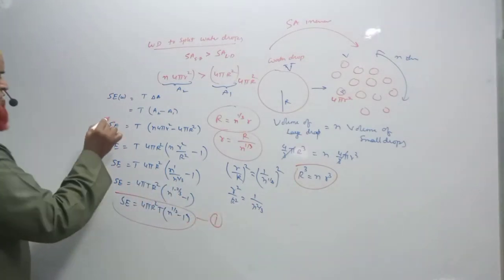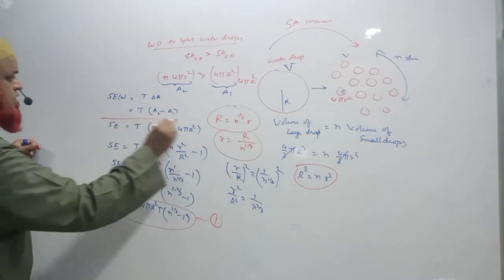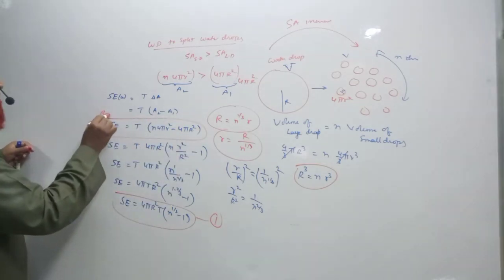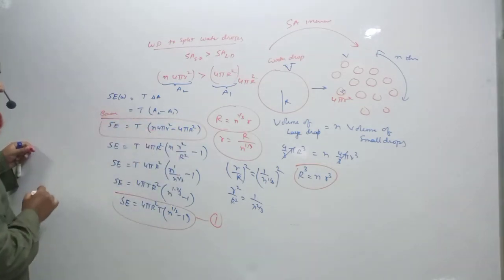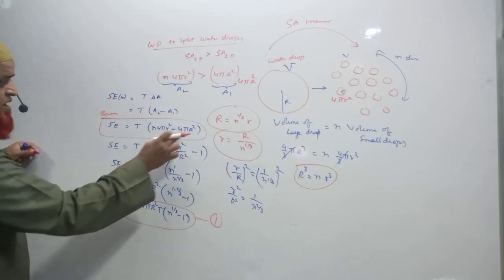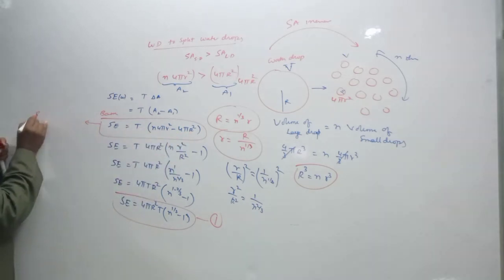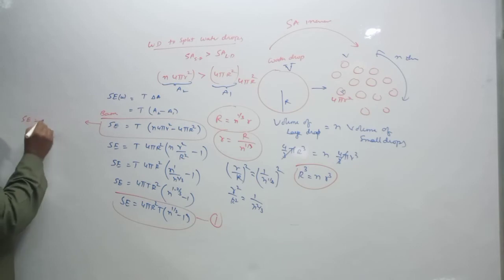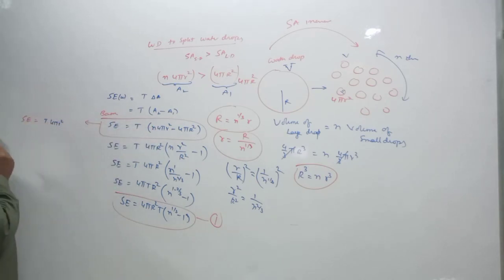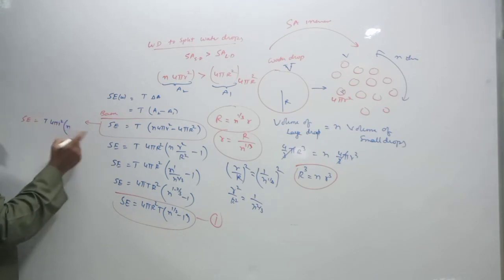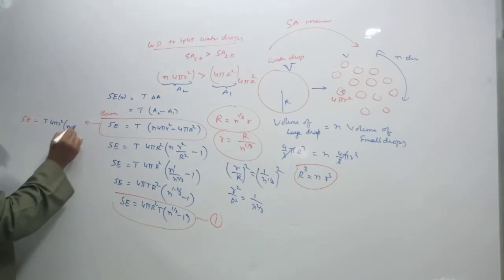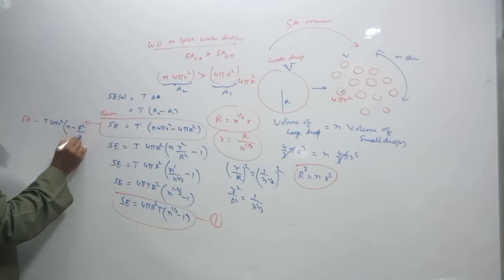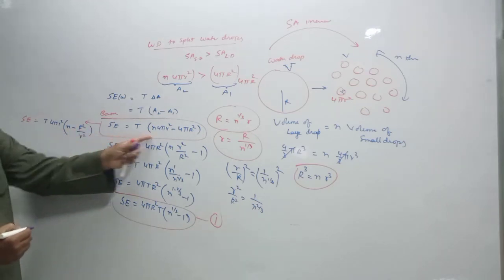And you can write like this also. This is going to be the basic formula. Now you have common out the capital R square. Can we common out small r square also? Yes. Surface energy can be taken as tension, you write like that only. Now I am taking 4 pi small r square as common here. Then what am I getting? n minus capital R square by small r square is left. Is it not?